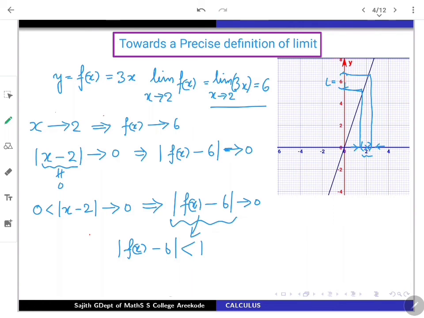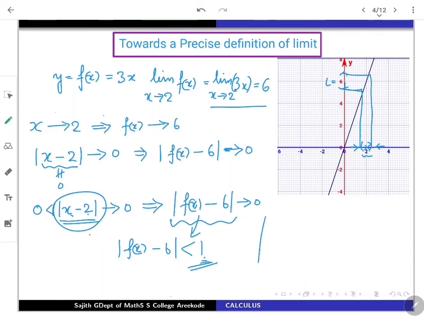So that is what you are trying to look at. Suppose I am giving 1 as the tolerance here. What should be the nearness I have to suggest for x minus 2? Mod x minus 2 should be less than something I have to say. By making x near to 2, I am sure that f of x values are going to be nearing towards 6. So if it is prescribed that I have to make this less than 1, what should be the preference here? That is the question.